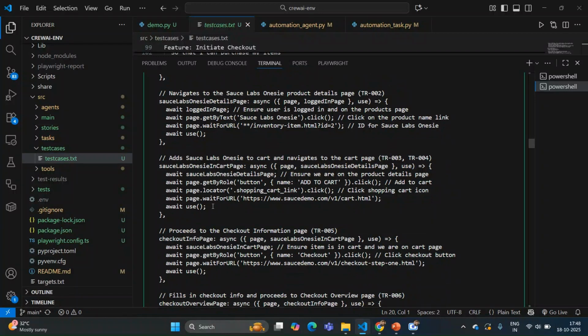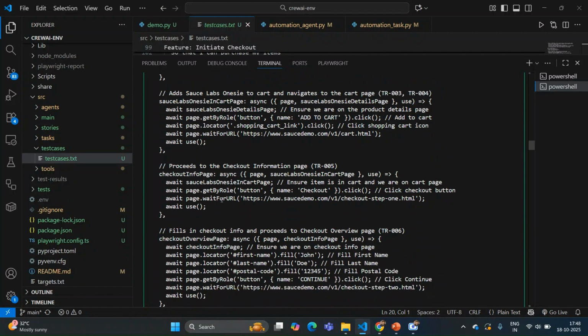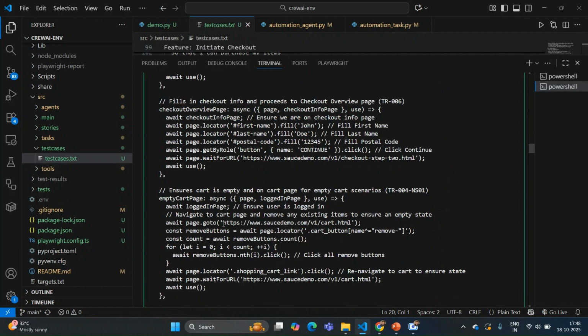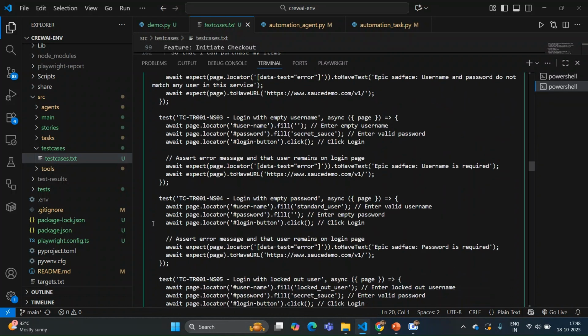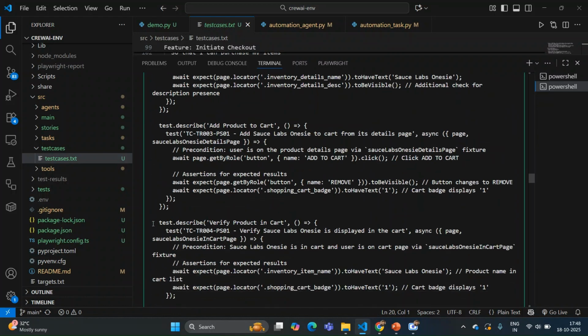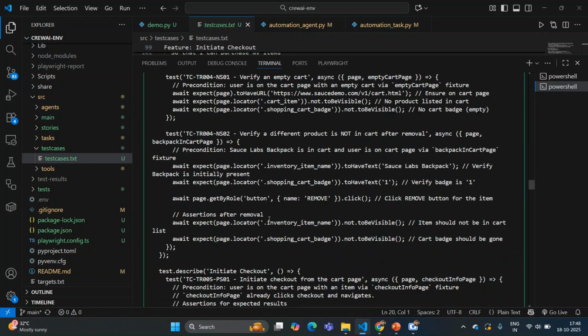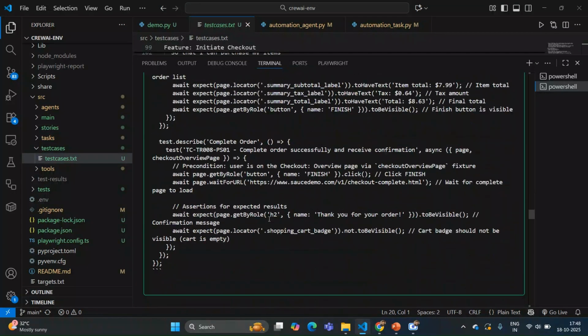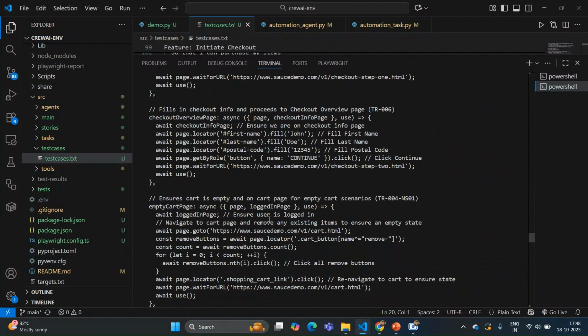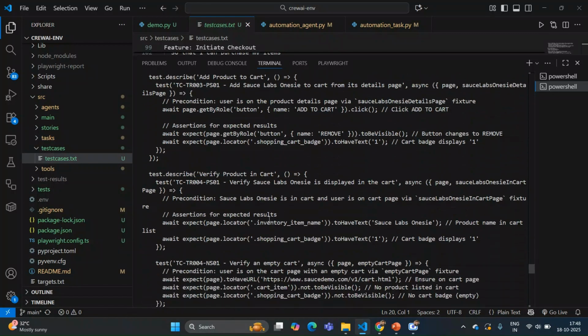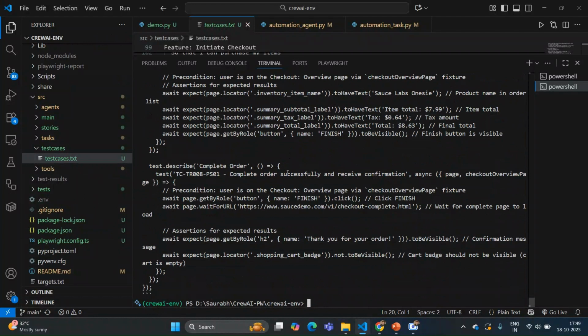So let's see where the assertions are used. See, wait for the URL and all of the things. See here, these are the assertions used to validate the results. So in this way, the automation engineer agent generated the test scripts based on the generated test cases within a short period of time. Now in the next video, we are going to store the generated test script